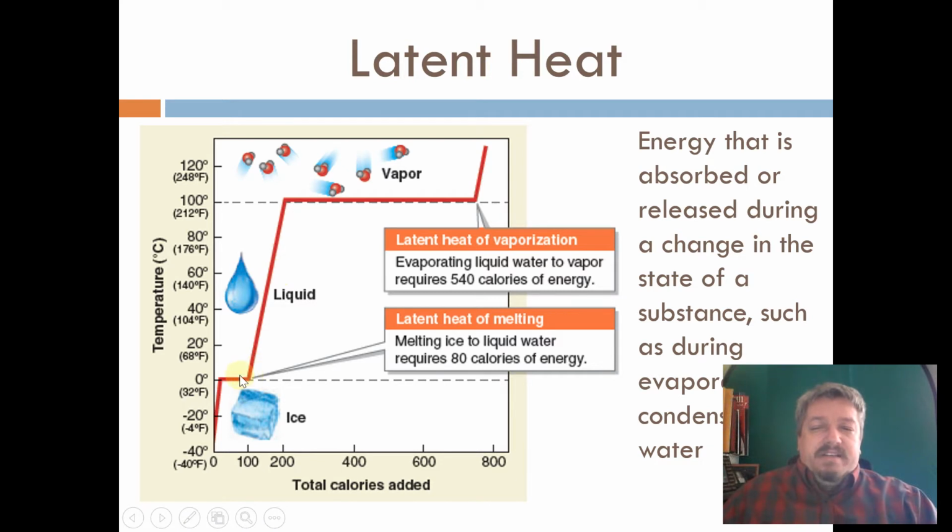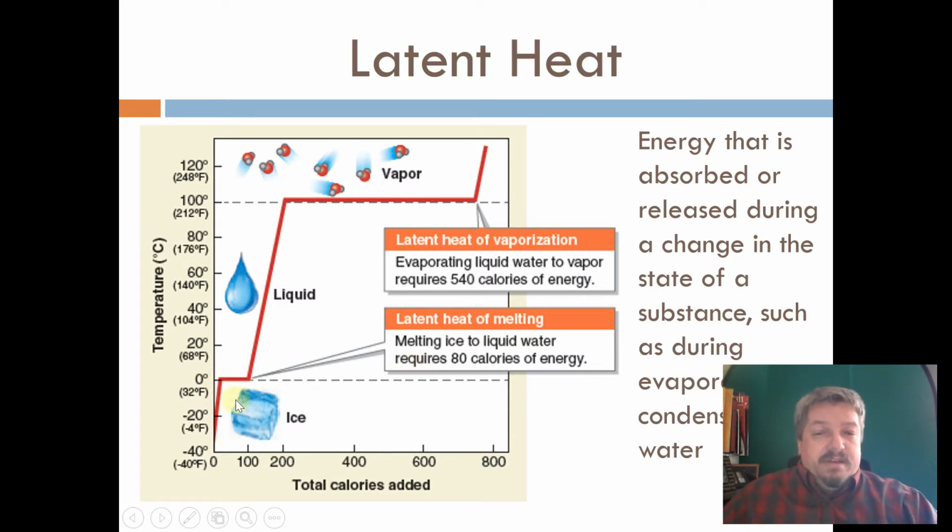So to go from 0 to 120, you would go from 0 degrees to 120. That's 120 degrees, so you would need 120 calories plus 540. So 540 plus 120 is 660 calories to go 120 degrees because of that boundary. There's a smaller one here to go from solid to liquid. So to go from a solid state of matter, ice, at 0 to liquid at 1 degree, you need 80